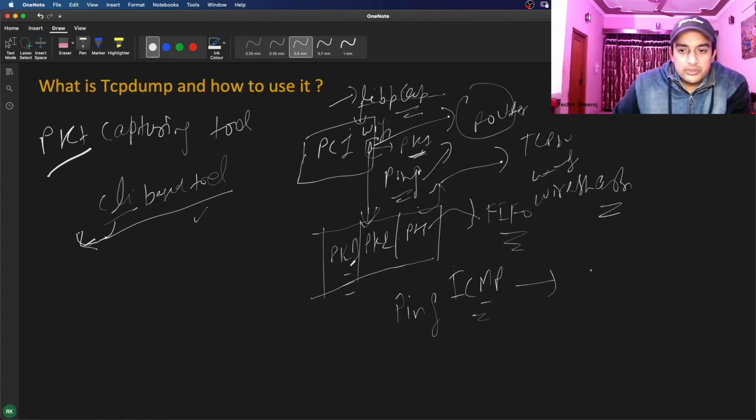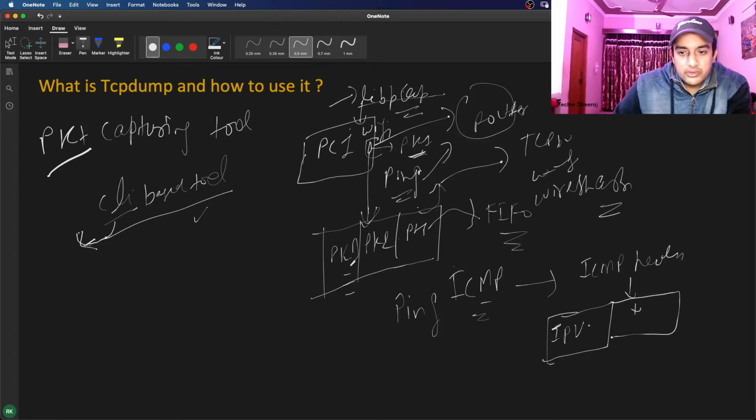In ICMP, you will mostly see three layers: the ICMP header, which will be encapsulated by IPv4, and then the Ethernet header. You might wonder why TCP or UDP is not there, because ICMP doesn't use TCP or UDP. So these three packet headers are there, and we can see all this information in tcpdump.